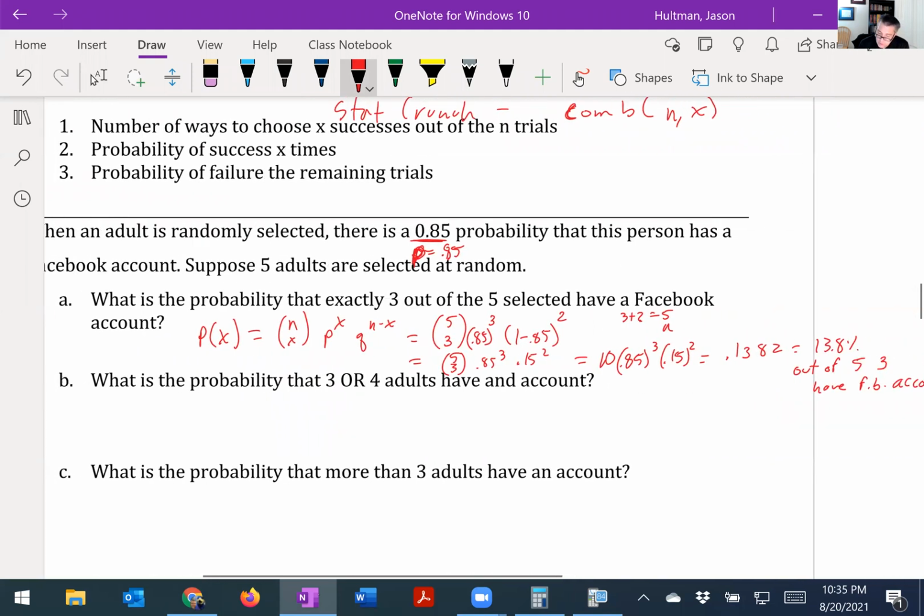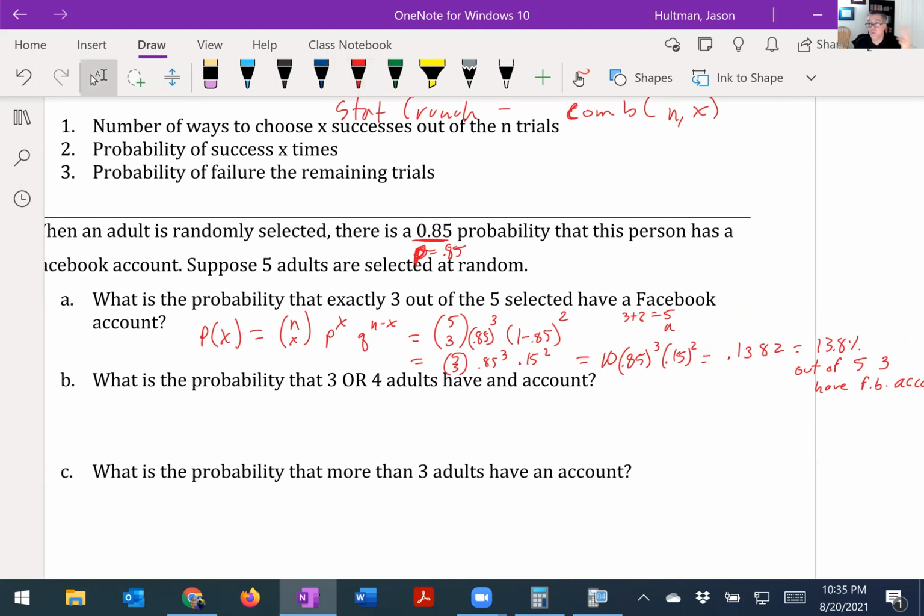So what are the other choices? Well, they could be 0, 1, 2, 4, or 5. So there's a lot of other possibilities here. Okay, so this is just the probability that exactly 3 of them happen. Okay, 13.8%. Okay, so what's the probability